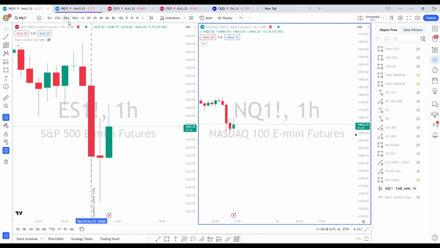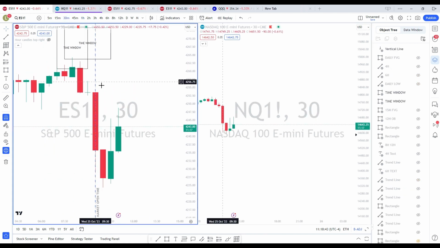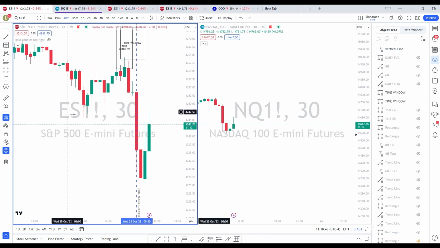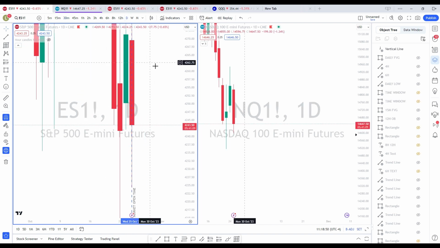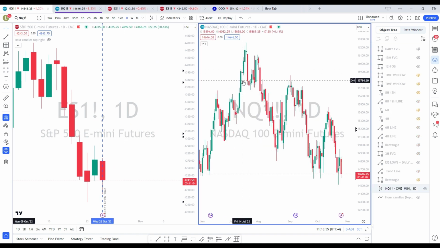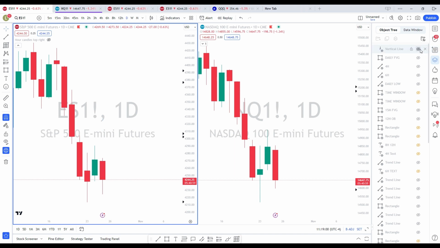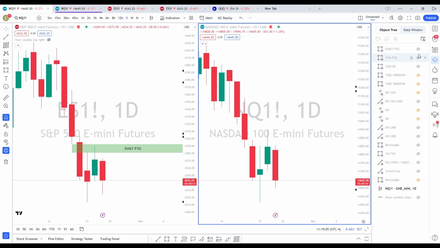So one thing I wanted to share, this is the 30 minutes time, 9:30. So this is the candle where the market opens, we'll look before, right? Why I was really short biased, and I called it on my Twitter account, is that maybe the manipulation is on daily. So let me show you ES and NQ. So this is a daily FVG here, and this is a daily fair value gap here.